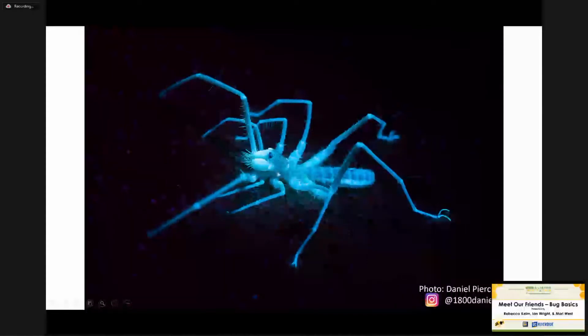So solifugids are arachnids. Again, they have 8 legs. You can't really see them in this photo, but they have pretty big jaws, and they could potentially have a pretty nasty bite, but they don't have any venom at all, so you don't have to worry about any after effects of getting bitten, but I wouldn't necessarily recommend that you handle them out in the wild.